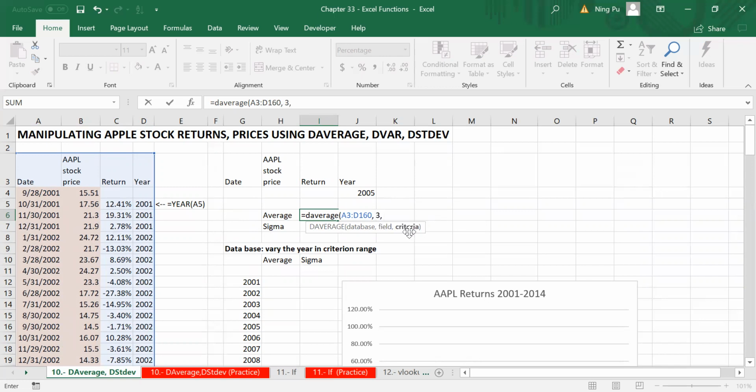Now the third criteria is criteria. Criteria is in reference to what is your filtering criteria. So you will select the filtering criteria, including the header, and close the parentheses. Okay, this way the database function will